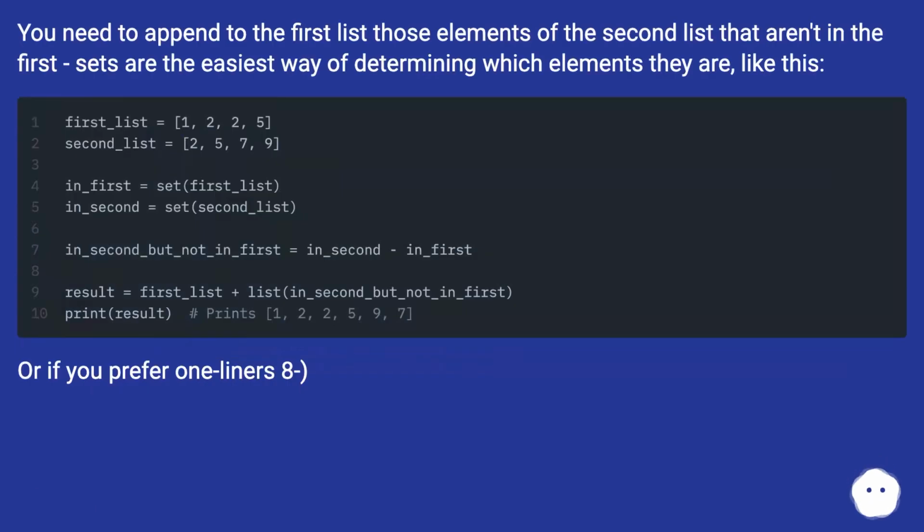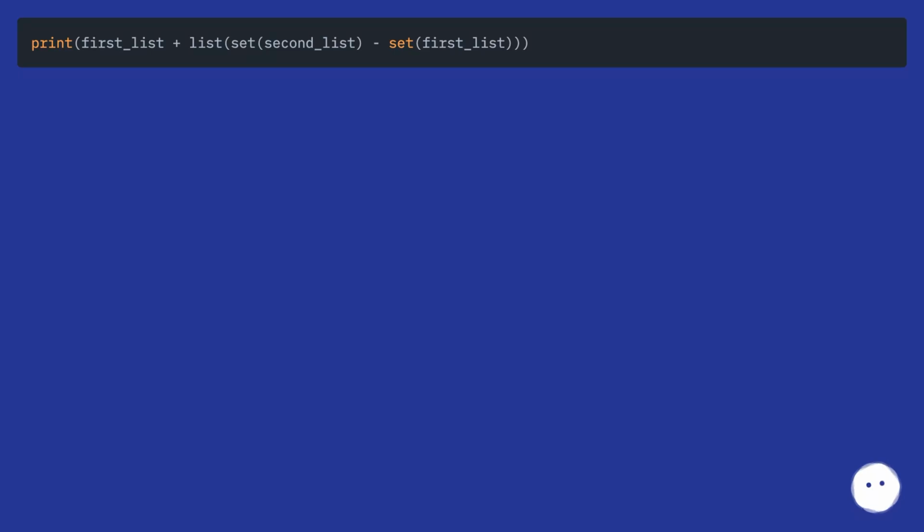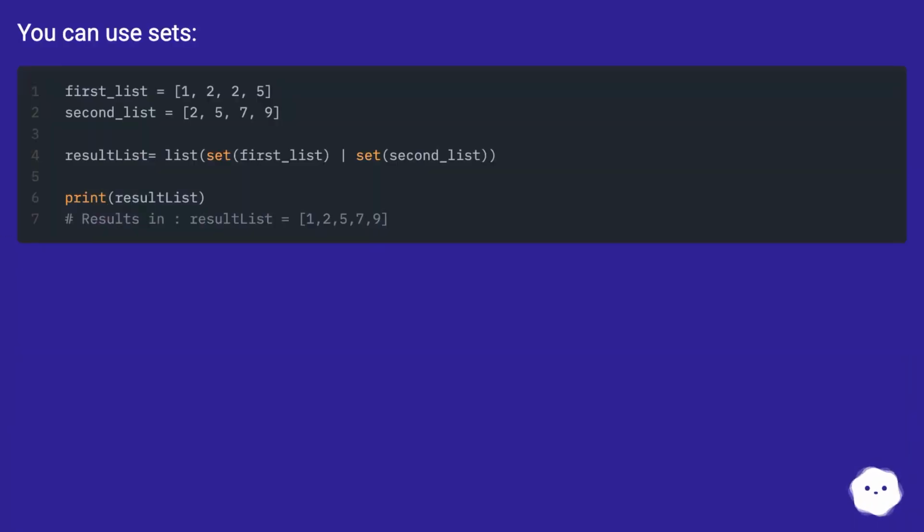You need to append to the first list those elements of the second list that aren't in the first. Sets are the easiest way of determining which elements they are, like this. Or if you prefer one-liners, you can use sets,